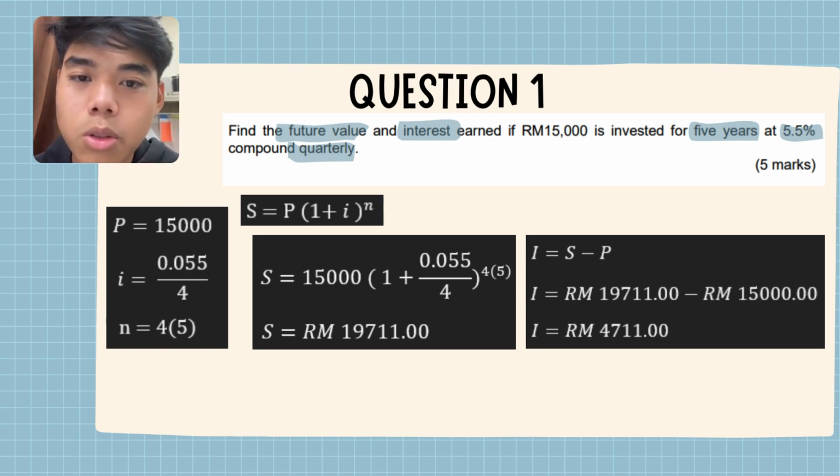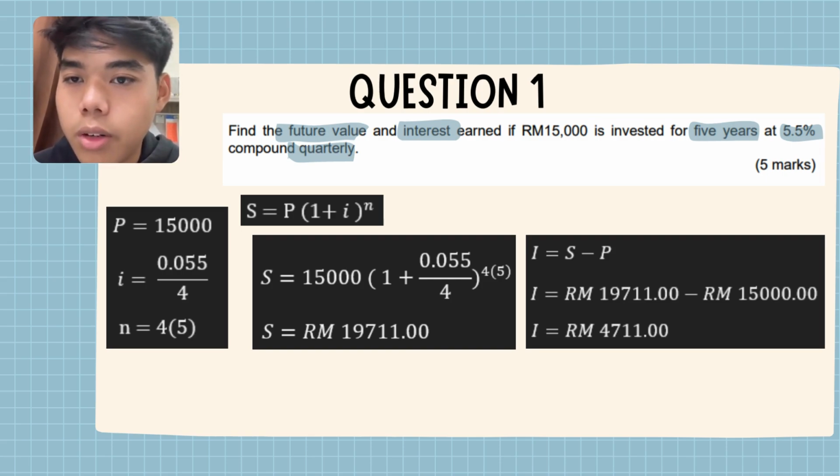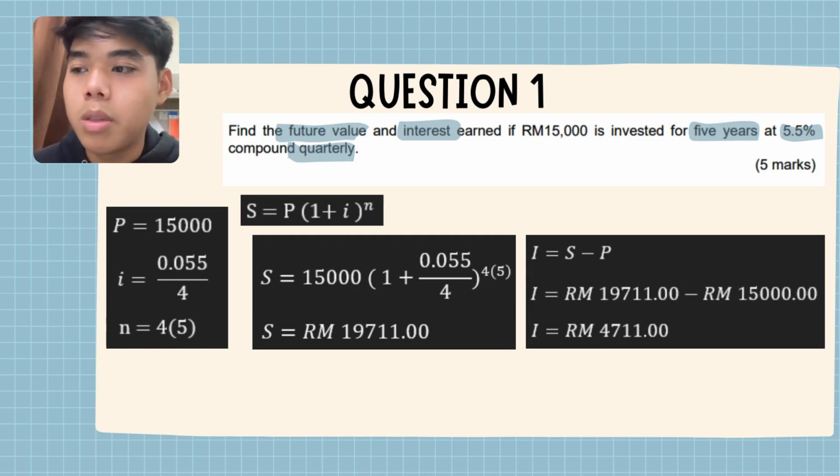Hello, let me explain how to solve question 1. Find the future value and interest earned if 15,000 ringgit is invested for 5 years at 5.5% compound quarterly. Step 1, we need to write down the given values, which is P or principal is 15,000 ringgit. Interest rate is 0.055 divided by 4 because it is compound quarterly, and N is 4 multiplied by 5, which is 5